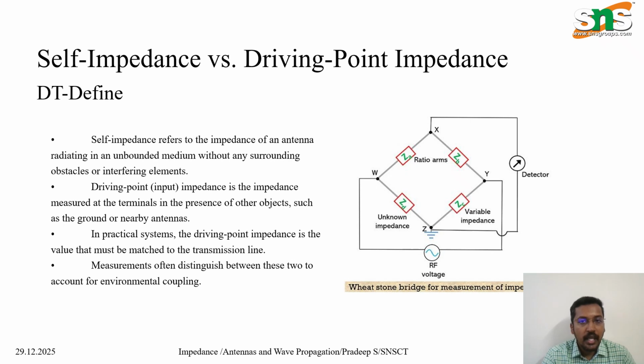Self-impedance refers to the impedance of an antenna operating in free space without nearby objects or interference. Driving point impedance is the practical impedance measured when the antenna is affected by surrounding objects such as the ground or nearby antennas. In real communication systems, the driving point impedance must be matched with the transmission line for efficient